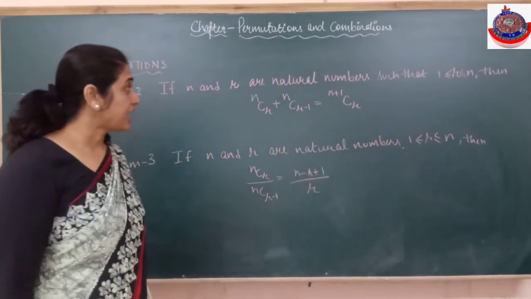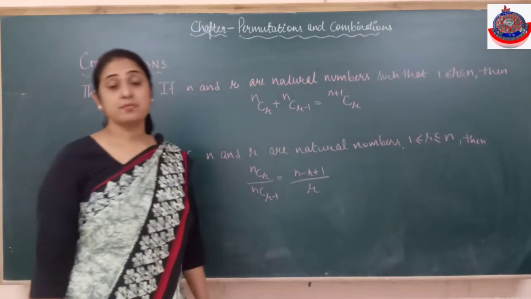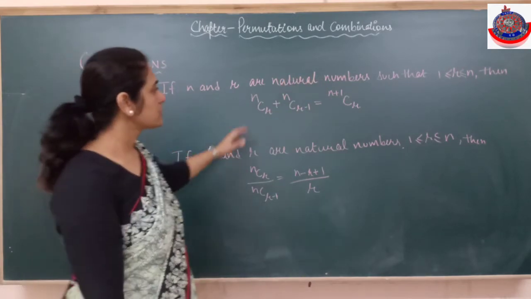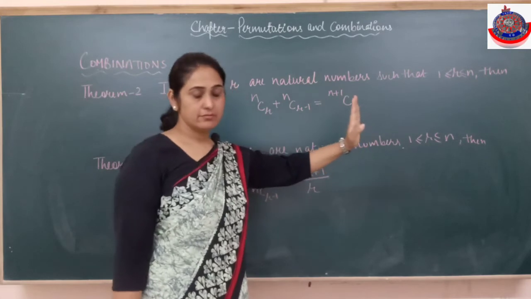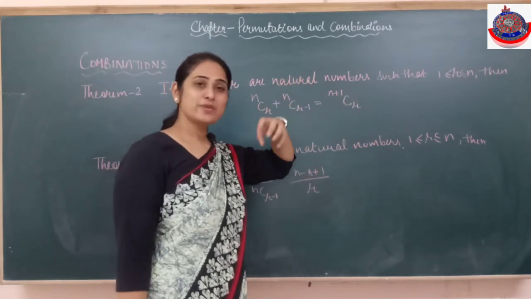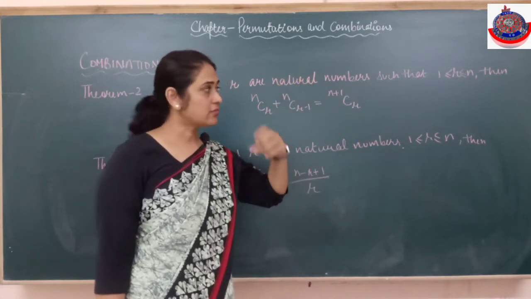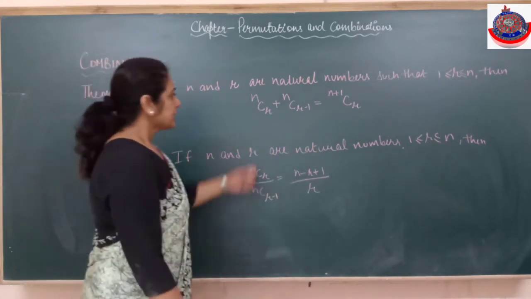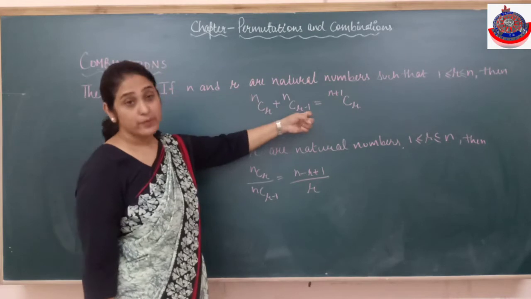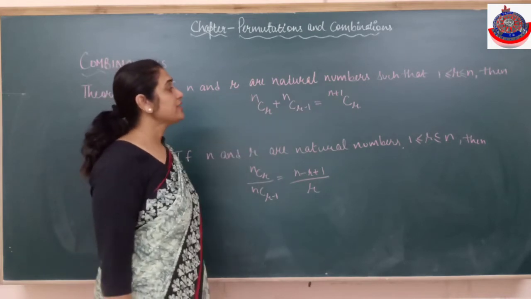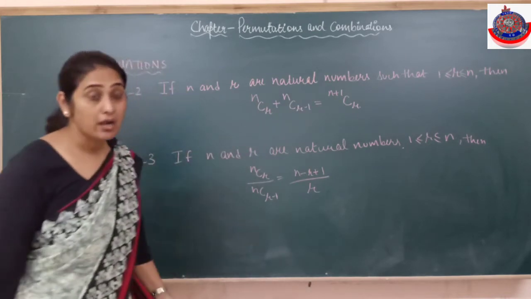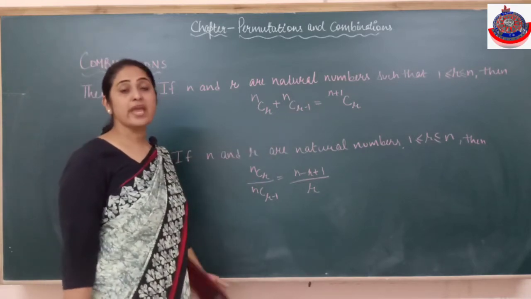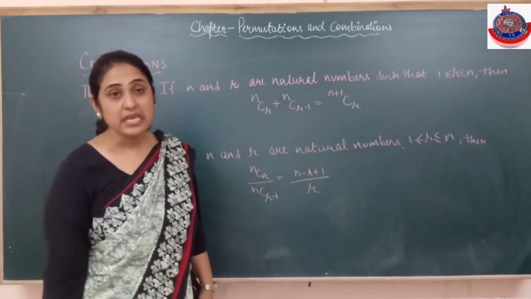So what is that? If n and r are two natural numbers where r is greater than equals to 1 and definitely less than equals to n, that's what we chose. R has to be lesser than n because ज़्यादा चीजों में से छोटी चीज select हो सकती है. R cannot be more than n, that we have already discussed in permutation. Then NCR plus NCR minus 1 दे रखा है, that's always equals to n plus 1 CR. NCR plus NCR minus 1 is always equals to n plus 1 CR.